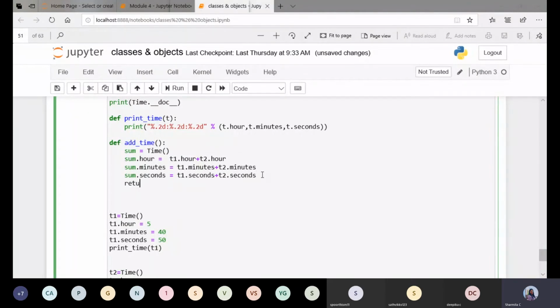After that I'll return sum. Here I'm returning sum, which is nothing but an object.